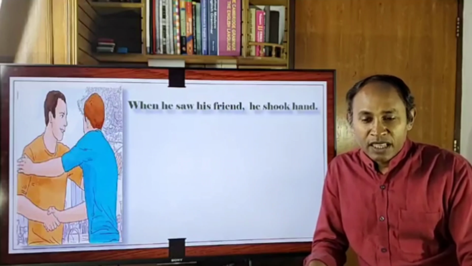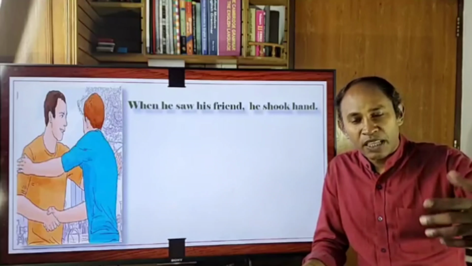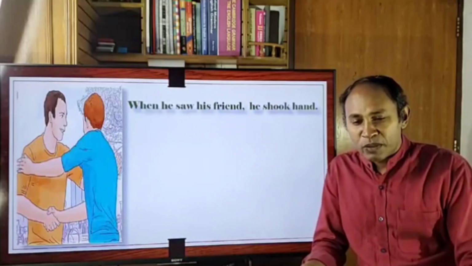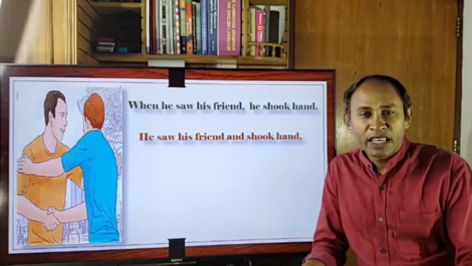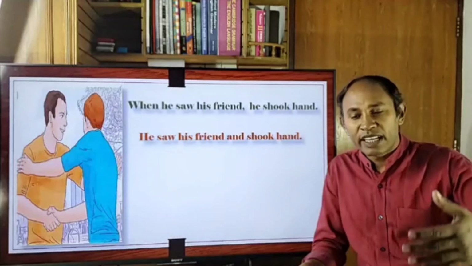Okay. And someone says, if I ask any student, he will say, no sir, he saw his friend and shook hand. Okay, and then I ask another boy, just make a sentence using this picture, looking at this picture, and he will write down, no sir, seeing his friend he shook hand. It will be. So look at these three sentences. As you see,